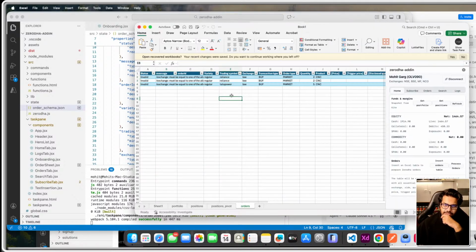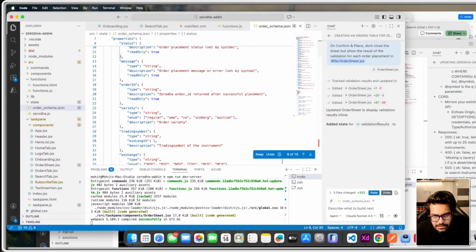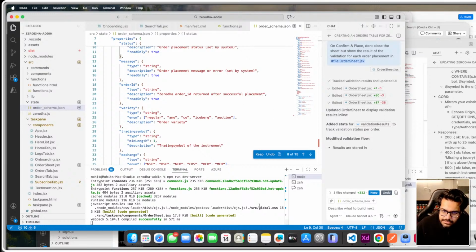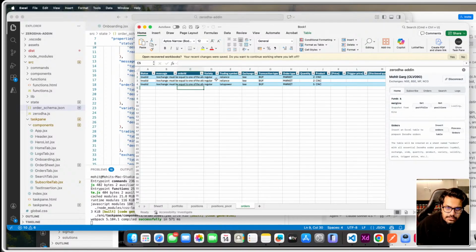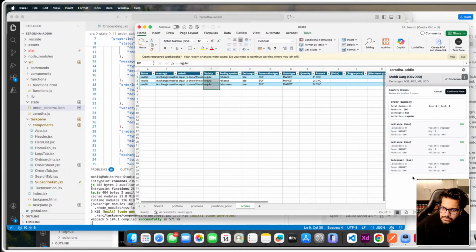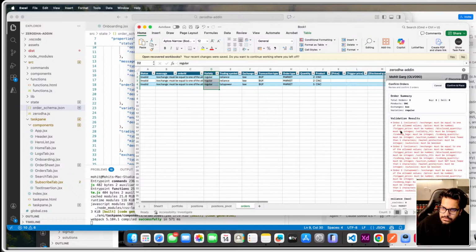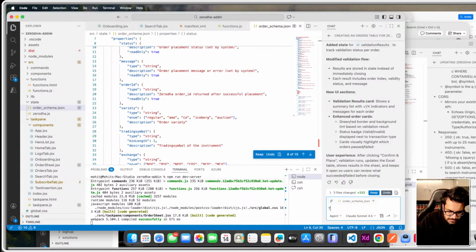So the next thing I can also do is change these from text to a dropdown, so people know they have to select one of the values. So added state management. Let's reload this. Let me select these, process orders, confirm and place, valid, invalid. Okay, the validation result error